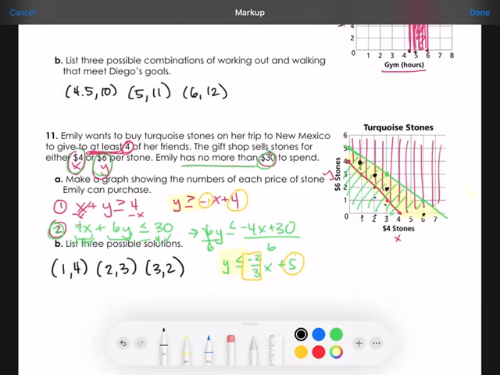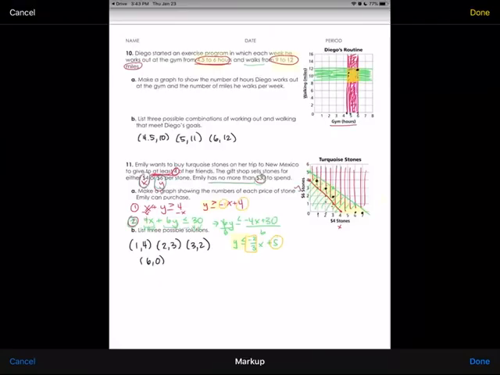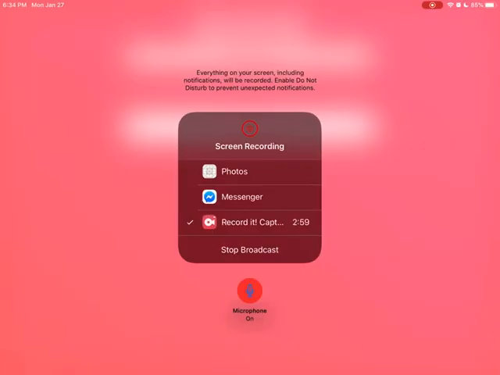She could also buy 6 $4 stones and no $6 stones. So that would allow her to buy 6 gifts if she just buys the cheaper ones. Looks like she could actually probably buy 7 of those cheaper stones if she buys none of the $6 stones. So anyway, there's a lot of different options here. In this situation, we want to stick with whole numbers because buying 4.2 $4 stones doesn't really make sense. You can't buy 0.2 of a stone. So in this case, we do want to stick to